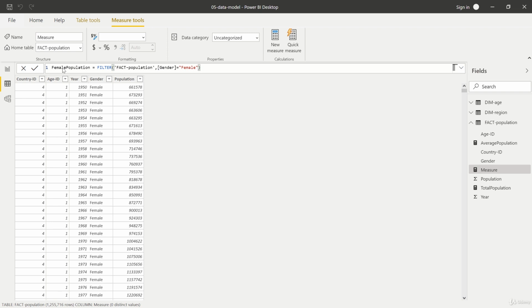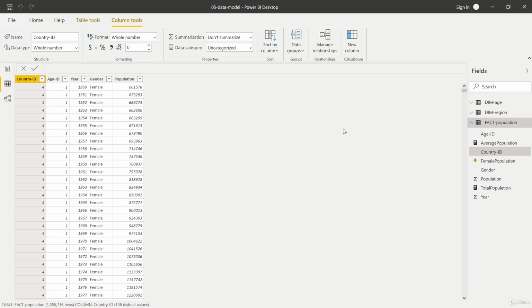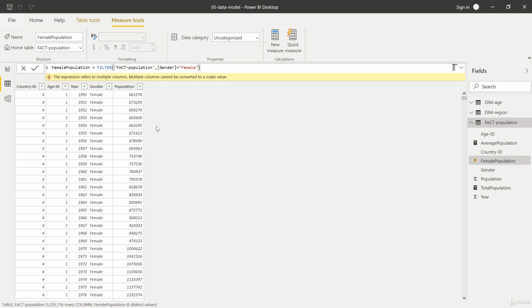If I would hit enter now, you see that the measure is created right here, but we have this warning, this exclamation mark here. Especially for beginners, we have this a little bit complex looking error message, but in the end, the problem at this stage, when you use filter in combination with a measure, the simple problem is that the aggregation is missing. I explained that on the slide. You create the measure, so you need a single value in the end. At the moment, we are just telling Power BI to filter the fact population table and there in the gender column for the female string. Well, and this doesn't return a single value, right?